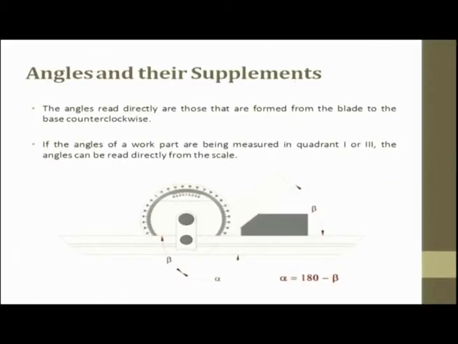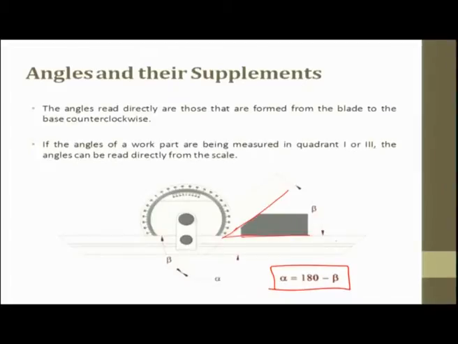So, the angles and their supplements you can see here. Here is a workpiece. So, here is the base, whatever we talked about. Here is the protractor and here is a knob. This is used to slide here. Okay. And if we want to find out this angle, so this is beta, this is alpha. So, alpha plus beta will be equal to 180 degrees. So, if you want to exclusively find alpha, it is going to be 180 minus beta. So, you get the angle beta and you get this angle with respect to the flat surface. This angle can be measured by bevel protractor.